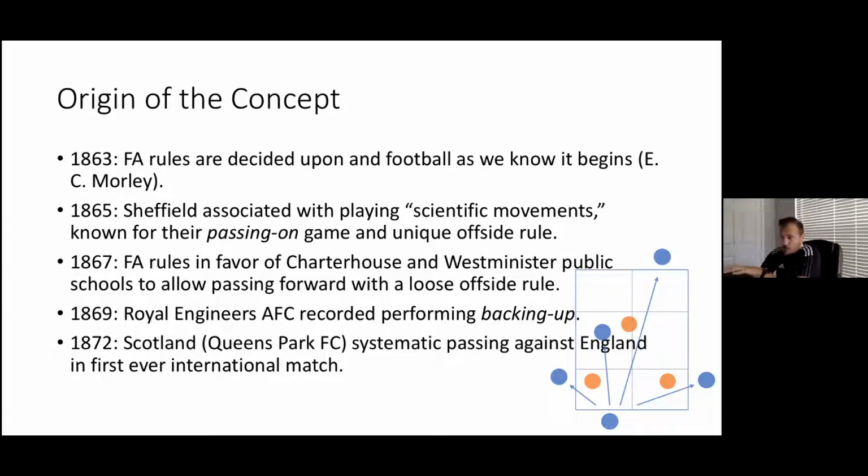They were the first ones who were known because of, as I mentioned, everyone in different parts of the United Kingdom had their own separate rules. Queen's Park FC played with their own rules where offside was only if you're within 15 yards of the opponent goal, and there has to be 2 players between the goal and the player receiving the ball. So that allowed them to pass across the field a lot more. And they became known for a really possession focused team. They were probably the first team that we ever saw recorded in history that was considered possession. They wouldn't just dribble forward or just play forward as soon as possible. They would move the ball because their rules allowed for it.